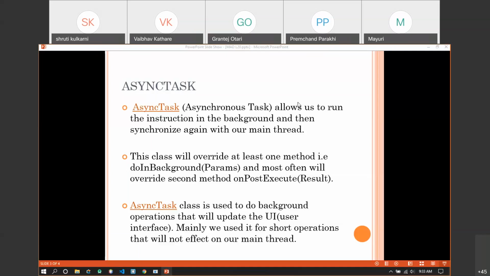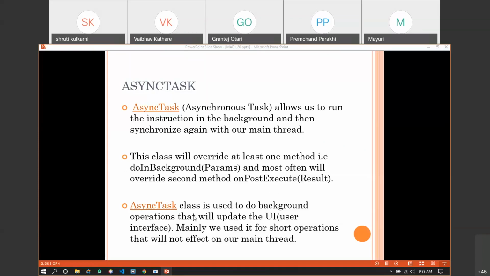The operation that you want to perform while executing a certain task, we write inside do in background, and the operation we are supposed to perform after completion of a particular task, we can write inside the post execute method.